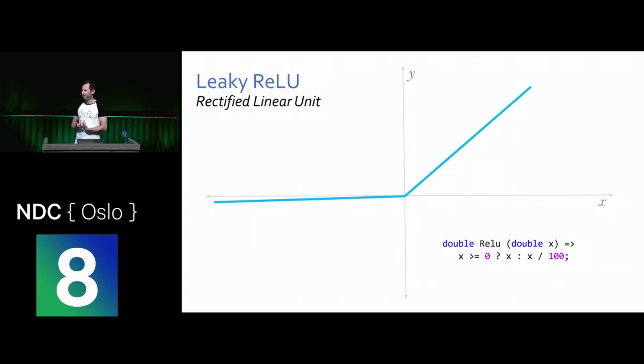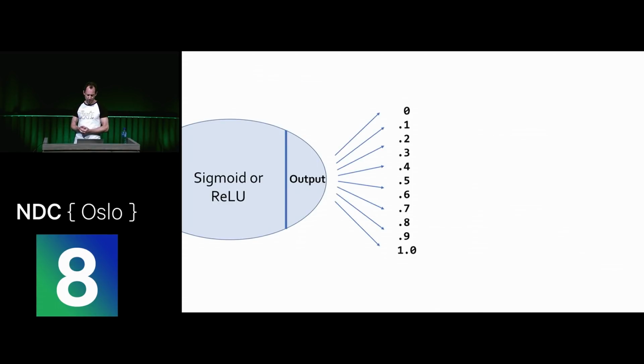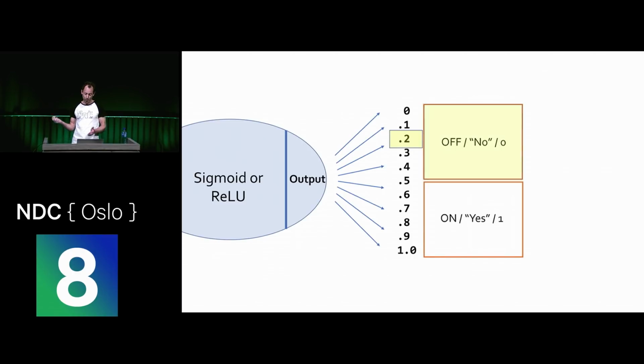And so it's pretty simple to convert this continuous output into a discrete output. We just say, we want a 0 or a 1. What's it closer to? So if it outputs a 0.2, that's closer to a 0. We'd say, we'll treat that as a 0. Anything greater than 0.5, we'll treat that as a 1. Right? But what we've gained is the ability to measure the error. If it gets it wrong, we know how wrong it is and what direction it needs to go to be less wrong.